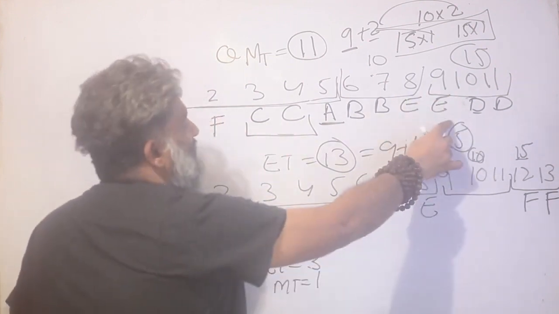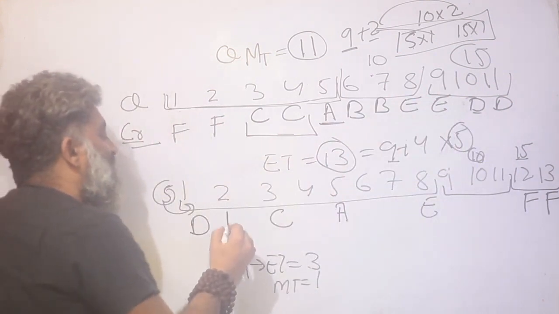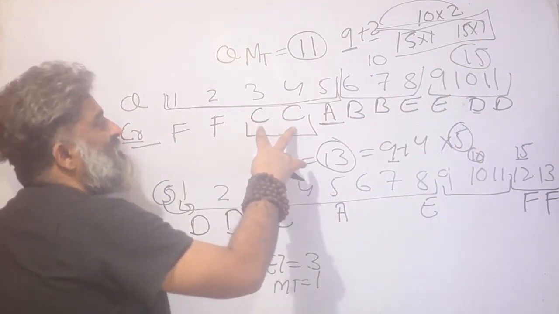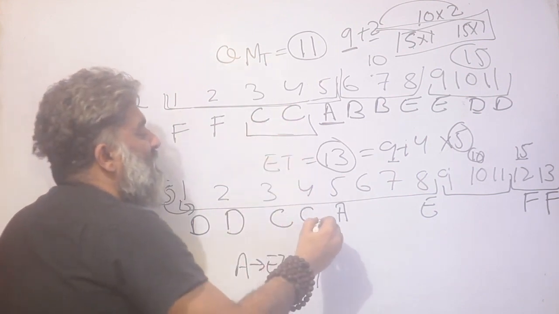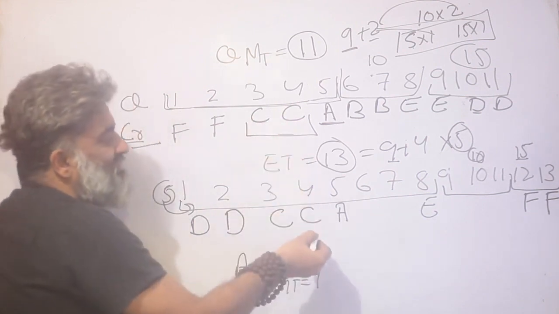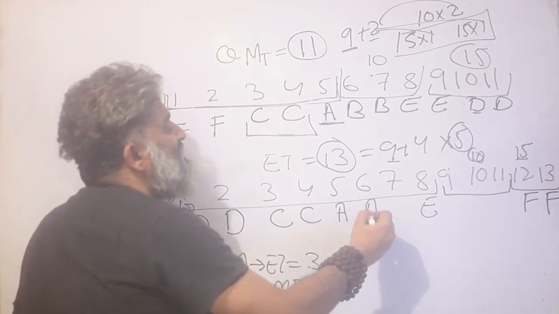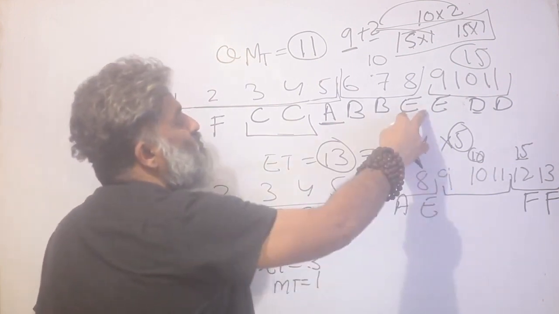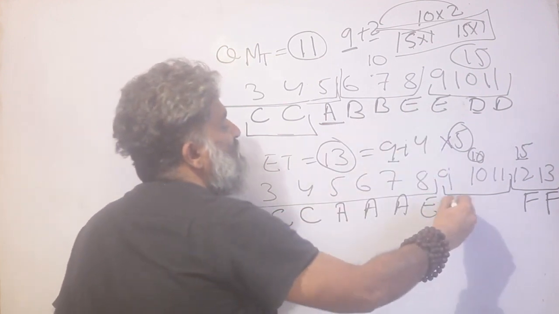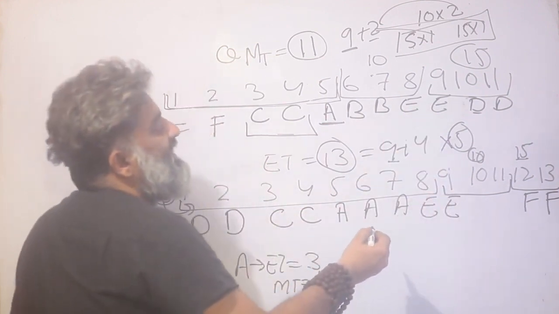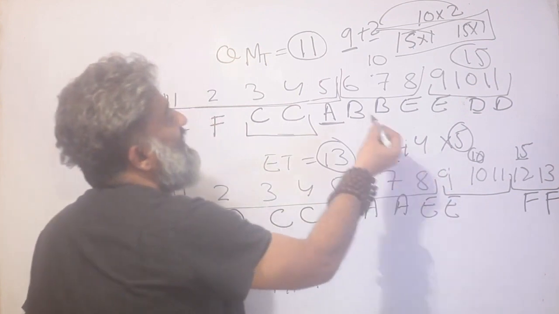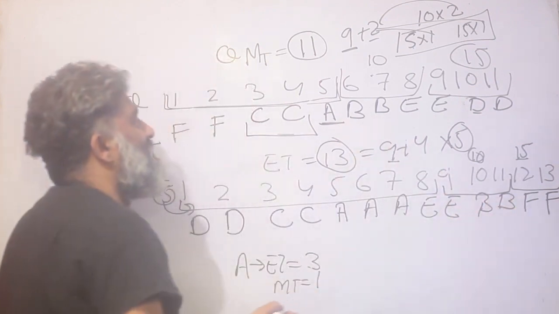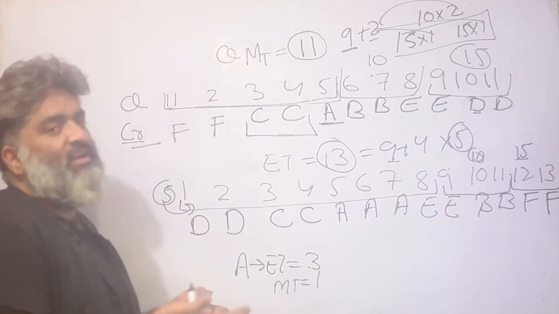And once I fix that, I can say for sure that D has to be here. I know C has provided 2 questions for MT and 2 questions for ET. They have to be together. So C has to be here. Annie has created 3 questions. They all have to be together. E has created 2 questions for MT, so he or she will also create 2 questions for ET, and this will be the slotting. And then I'm left with B, which will create question number 10 and 11. And that's it, we are done with the story.